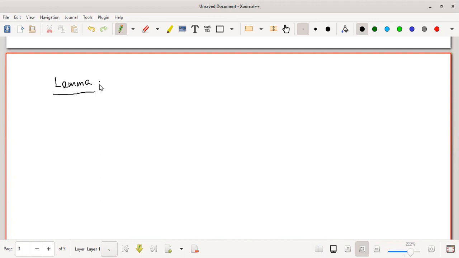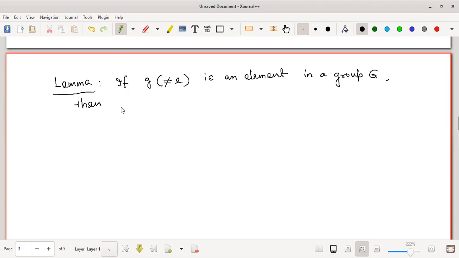Okay, what is the lemma? This lemma says: if g, not the identity element, is an element in a group G, then g to the power k equals g to the power r for k, r belonging to Z,